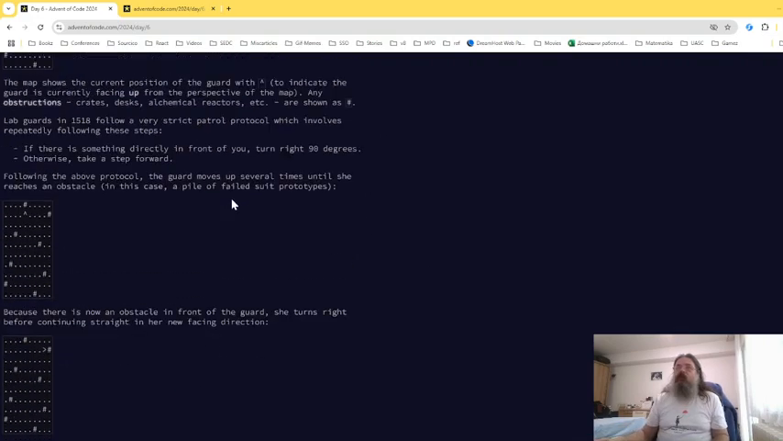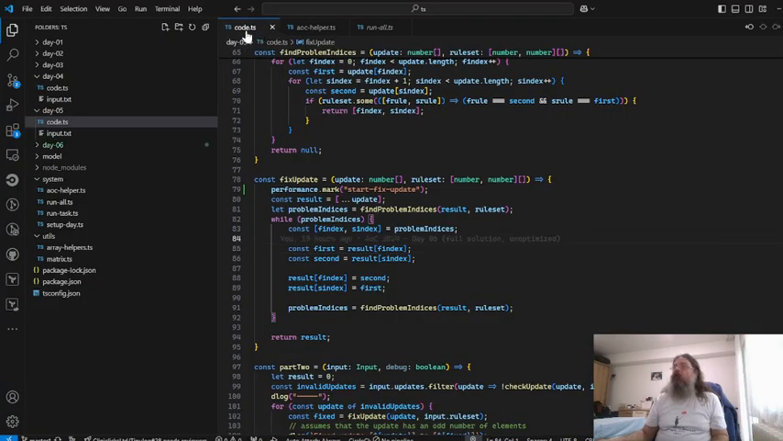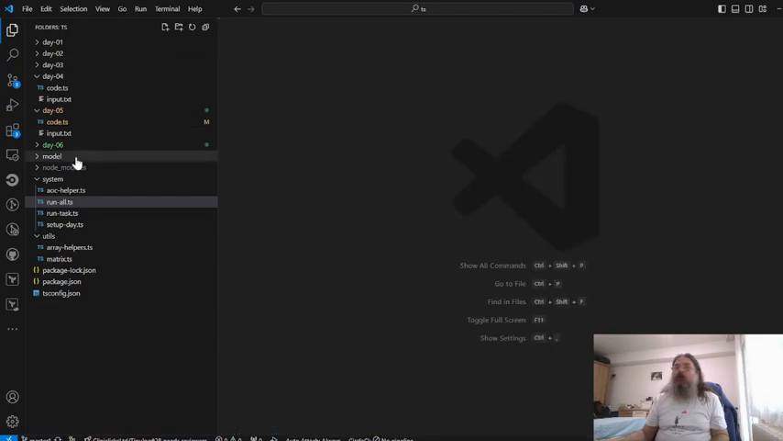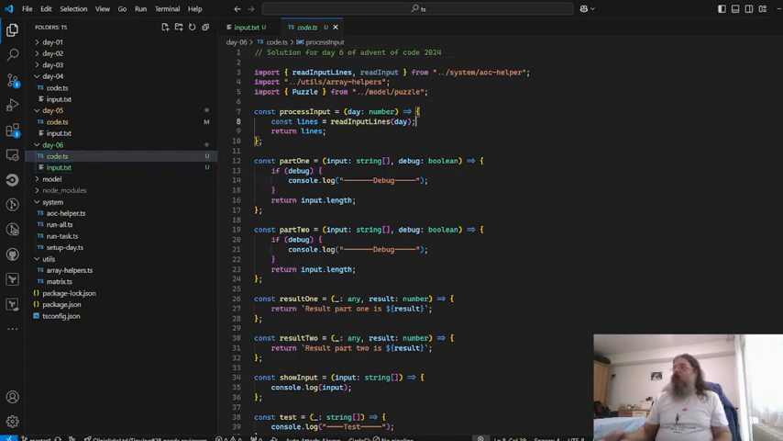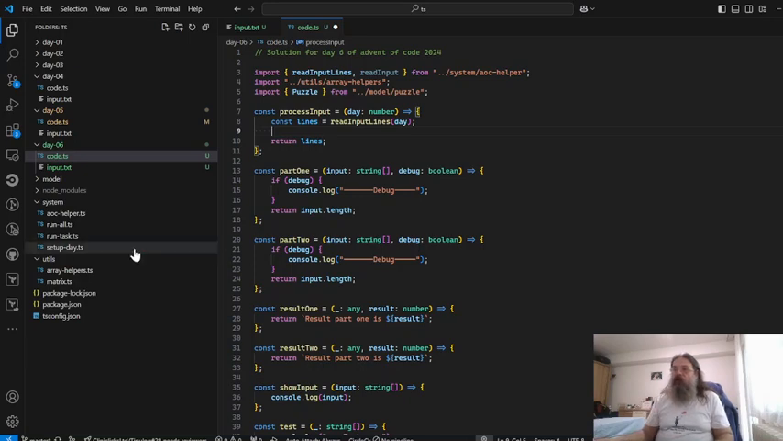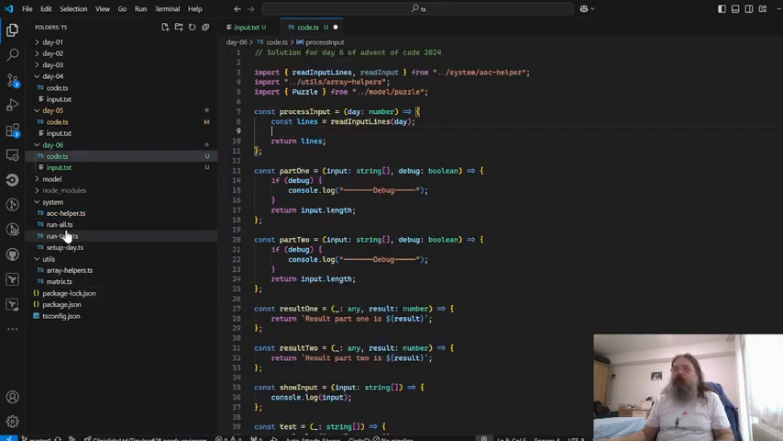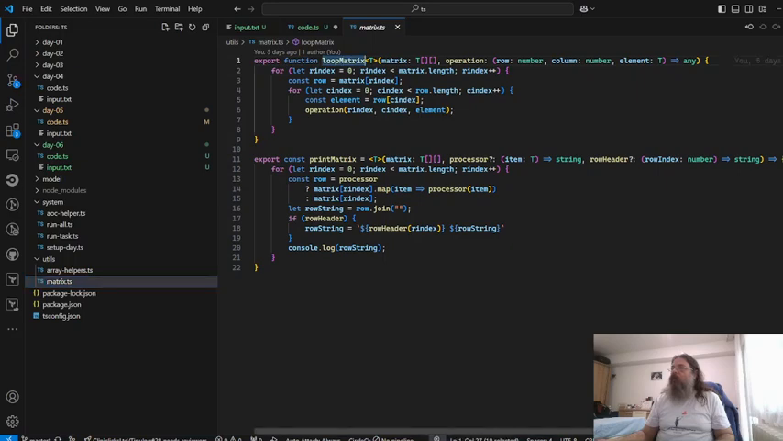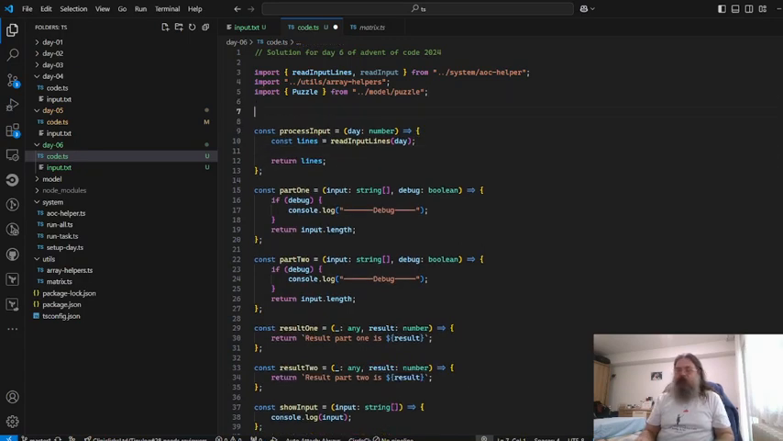So that's what we need to do. We need to simulate the guard. Okay, let's imagine that this is our initial input. Day 6 input, this is the input, and of course we need to parse it. How do we do that? Well, we're gonna need to read the matrix. Let's see, do I have... No, I don't have a helper for that. I do actually have some matrix helpers, loop matrix, print matrix. None of them are useful, but let's still